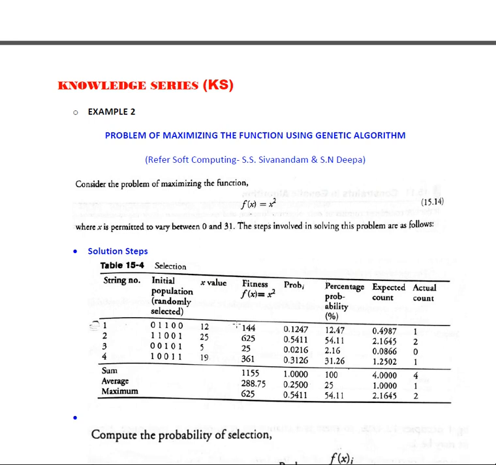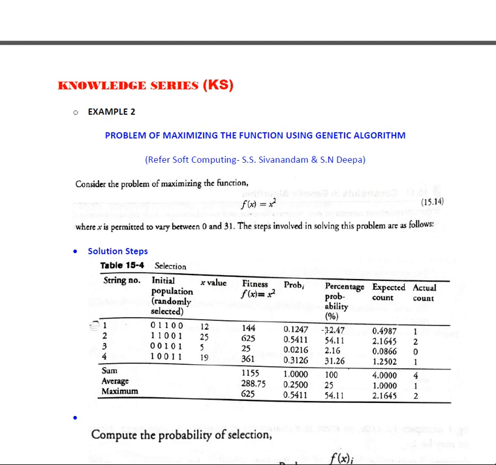We take 144 and divide it by 1155. Once we divide it, we get this probability,